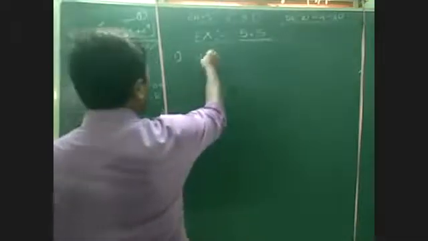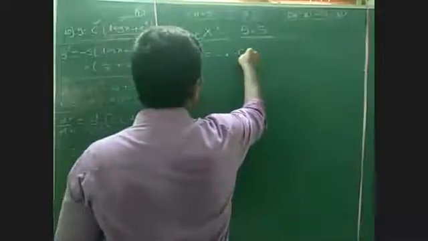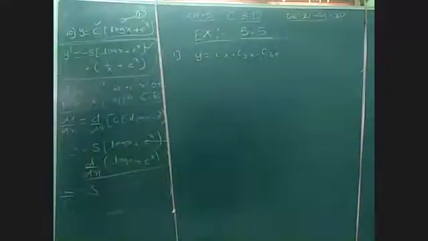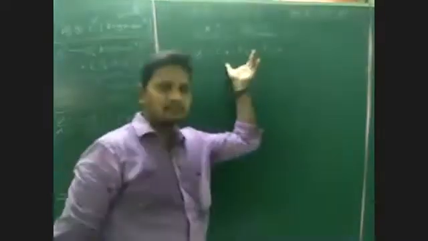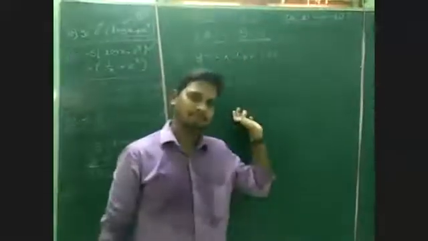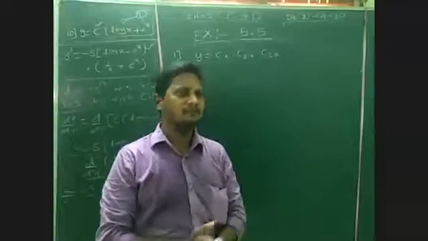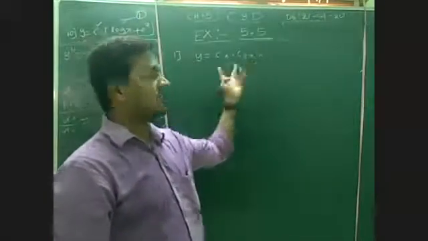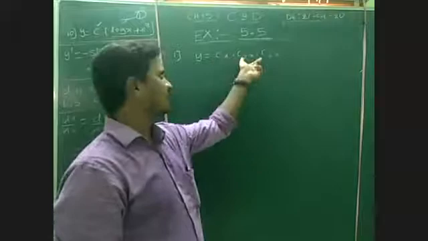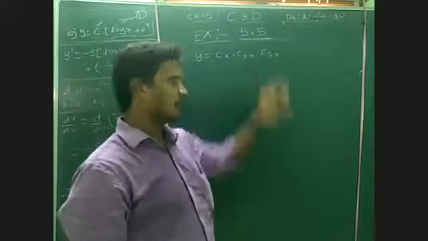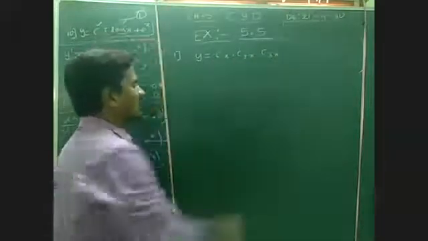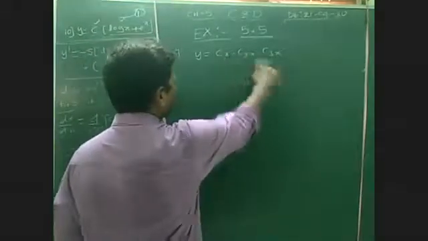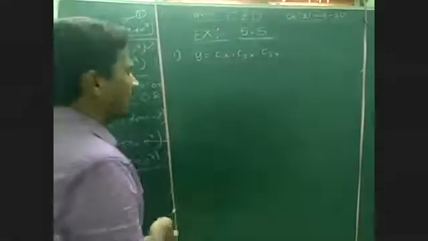let us take y equals cos x cos 2x cos 3x. This question is given. Differentiate the given function with respect to x. Let's do it. Is this in standard form? No, this is not a standard form. Here it is a product of three functions. Cos x is different from cos 2x, which is different from cos 3x, right? So we cannot write it like cos cube or like that.